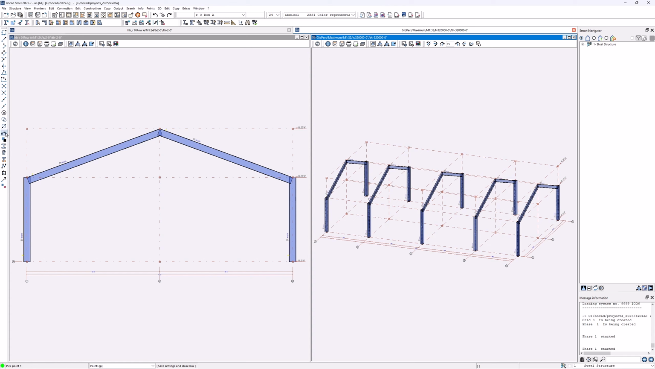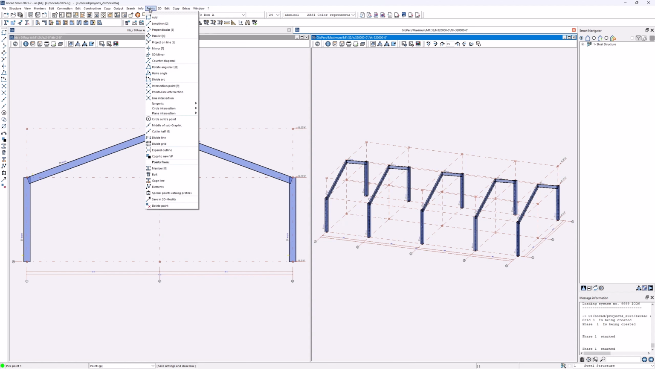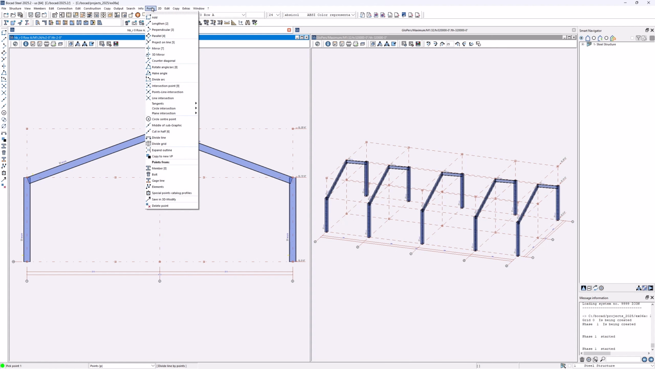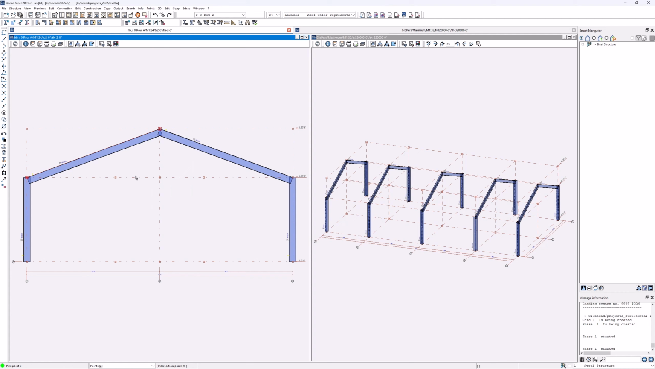Now the intermediate columns, I'll need some references for that. I will go to points, divide line. How many intermediate points? 2. 1 and 2, 1 and 2. I would like the intermediate columns to go all the way to the rafter, and for that, points, intersection, 2 points creating one line, 2 points creating the other line, 2 points creating one line, 2 points creating the other line. Members, create profile,